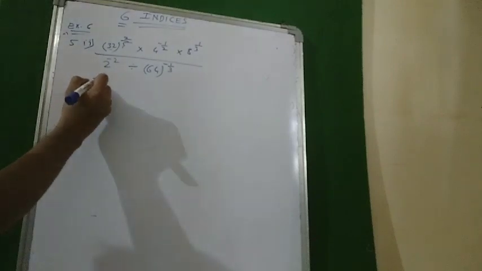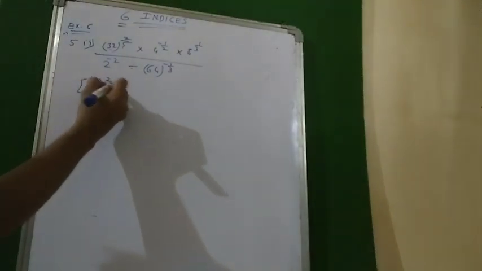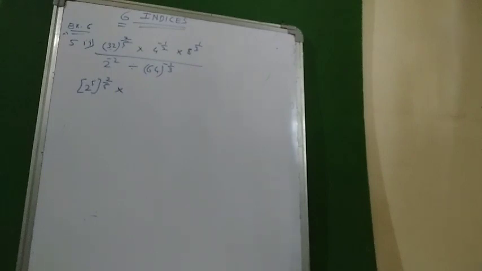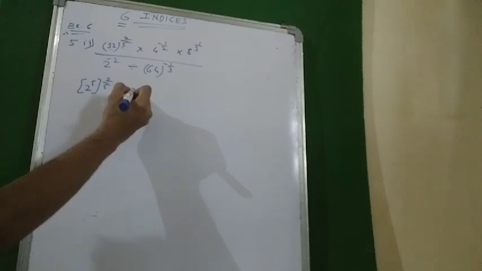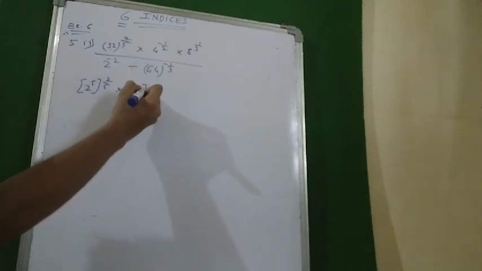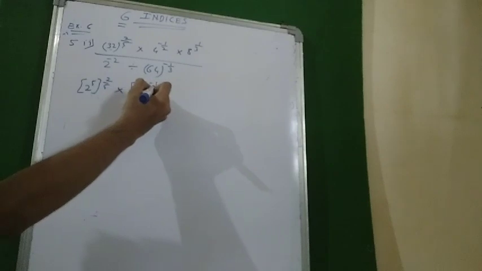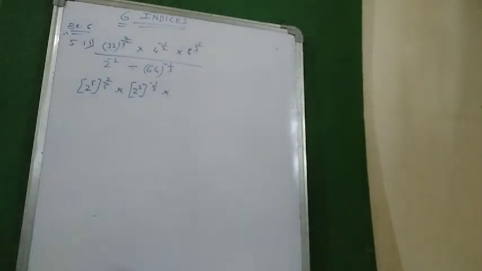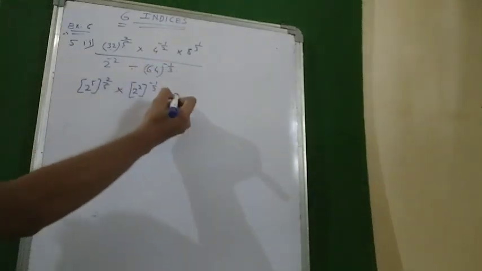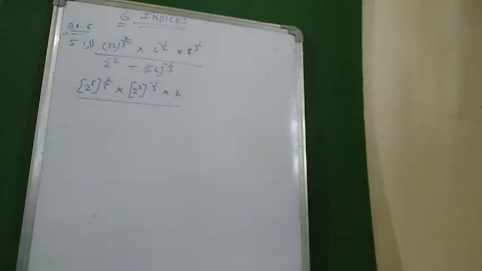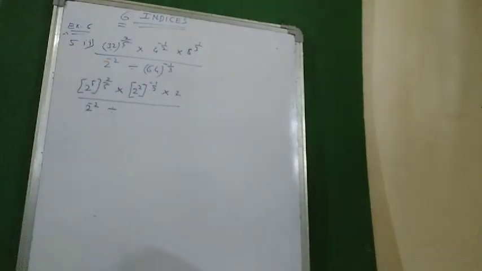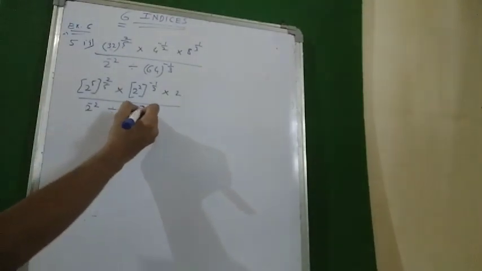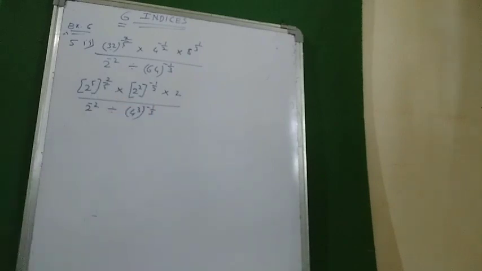So it is (2 raised to 5) whole raised to 2 upon 5 multiplied by. Okay, so we have 4 raised to 1 upon 2. 4 raised to 1 upon 2 can be written as 4 can be written as (2 raised to 2) whole raised to minus 1 upon 2, multiply by 8 raised to 1 upon 3. 1 upon 3 means cube root, and what is the cube root of 8? It is 2. Okay, now in the denominator we have 2 raised to minus 2. I'll keep it as it is. Divided by 64, and we have 3 in the denominator, so I can write 64 as (4 raised to 3) whole raised to minus 1 upon 3.